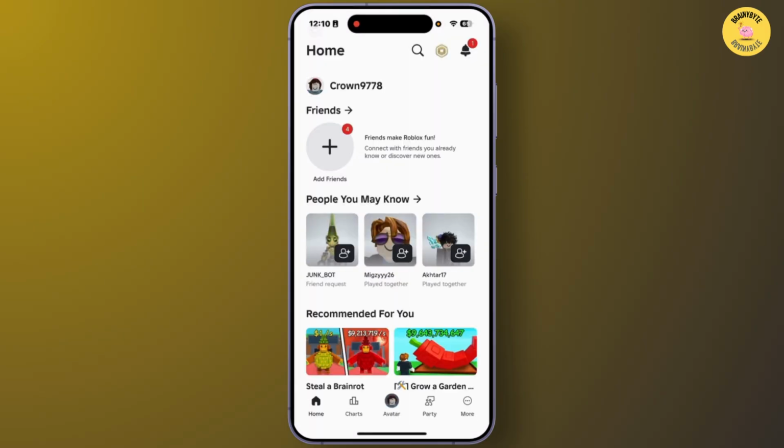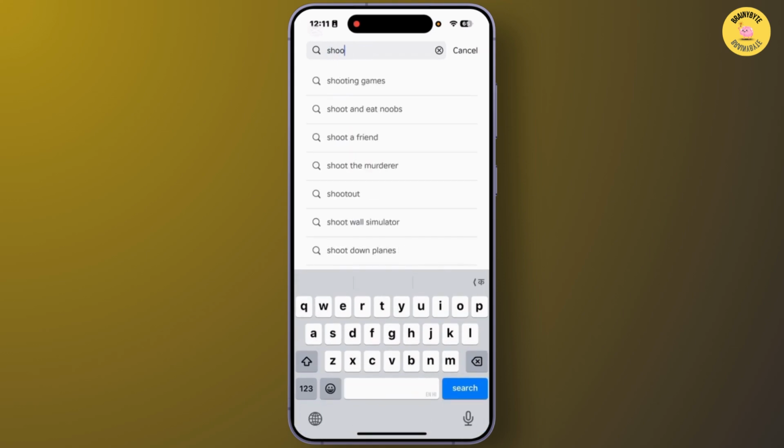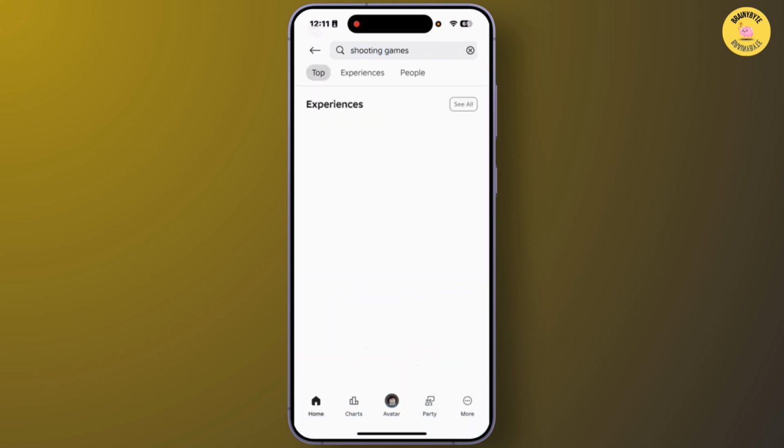Alright, after you open Roblox, from there you can change manual sensitivity for the Roblox app. For that, you'll have to just join any game where the camera movement is important, like a shooter or a big game. So simply search for any shooting game, and after you find one,